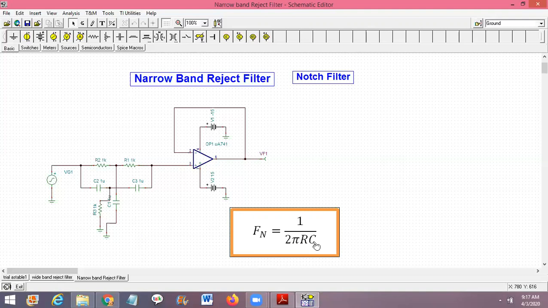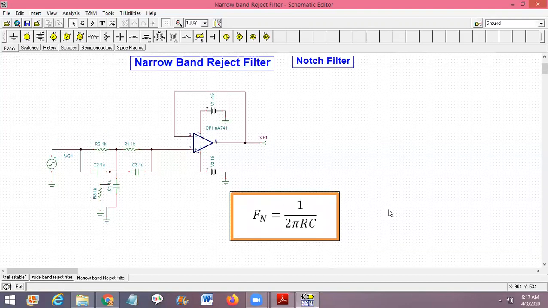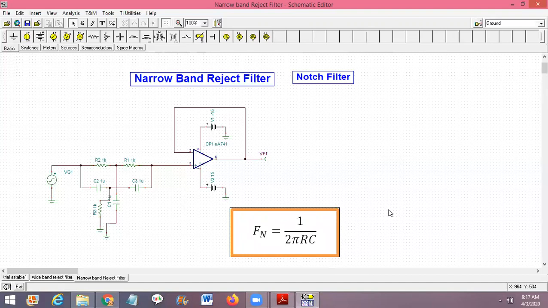And there is one more numerical you can solve. Suppose the frequency is 60 hertz and you assume C is equal to 0.01 microfarad. What is the value of R? R is equal to 1 divided by 2 pi f C, with C as 0.01 microfarad and f as 60 hertz. If you solve that, you will get R as how much? 449.1 hertz, I think. Okay. So that is how you will obtain it. And again, the numerical is solved in the notes. You can refer to it. Okay. This is about the notch filter.